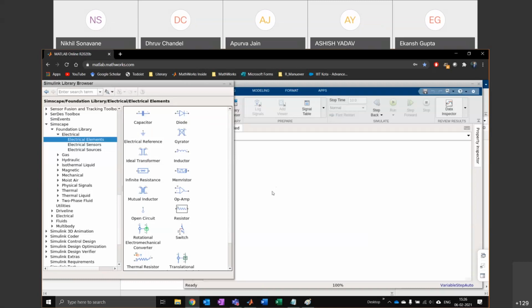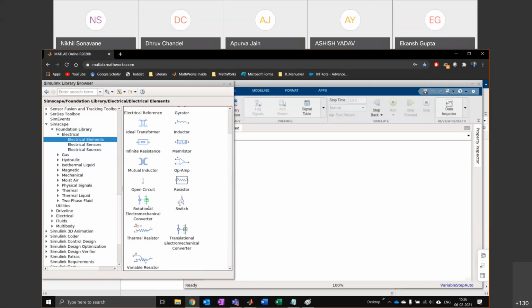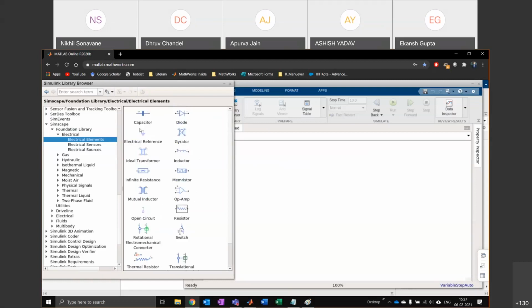So the concept in Simscape is that each of these physical domains has a specific color. So electrical elements are all in green color. And rotational mechanical components are in this light green. Translational are in dark green. Thermal are in orange color. So you can connect components of the same color together, but not any other colors. So you can connect an electrical component to an electrical component, but you can't connect it to a mechanical component because it doesn't make any sense unless it's through a converter like a motor.